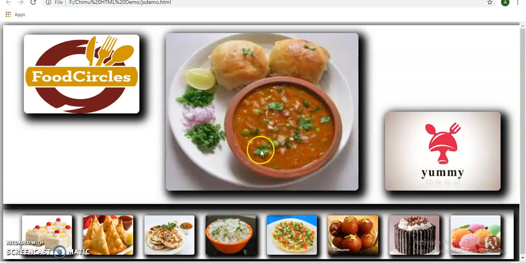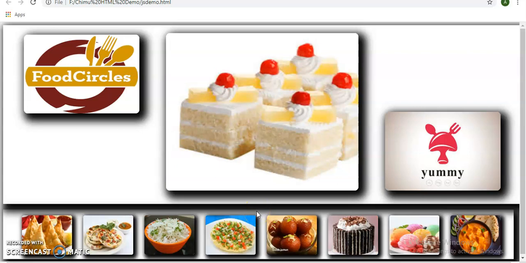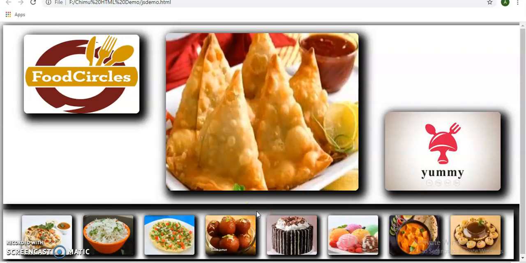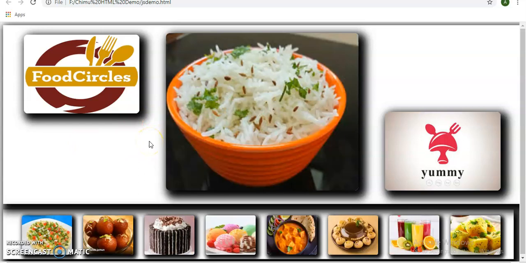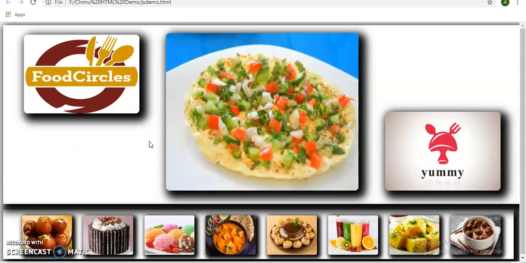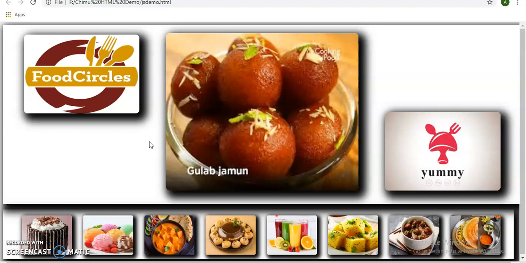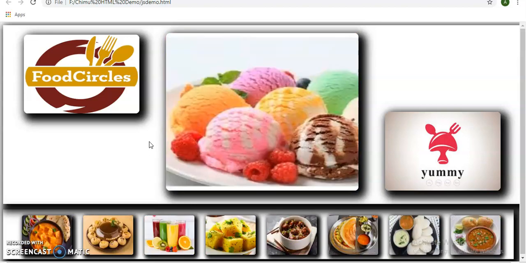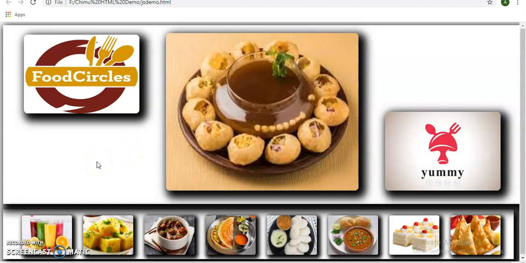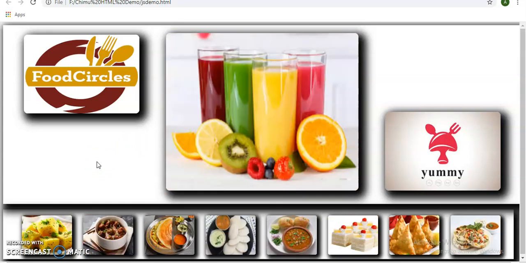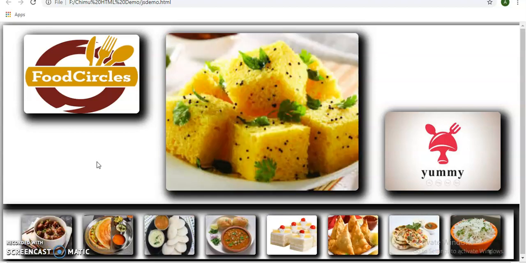So I'm using JavaScript here, and I'm storing some food images. This is the food project site, so we can use this page in our food related project. You can take any images as per your choice or project requirement.